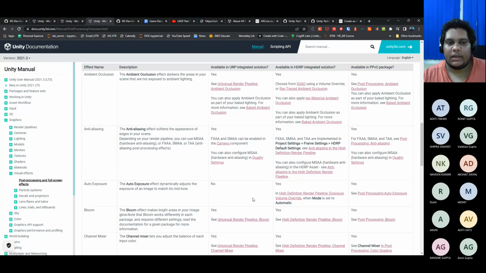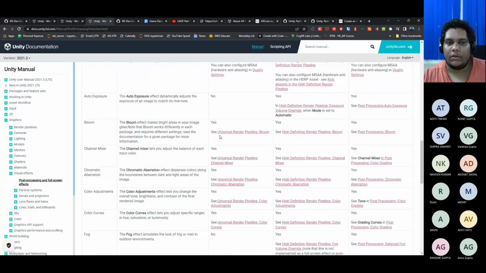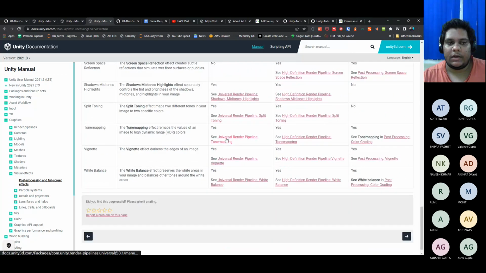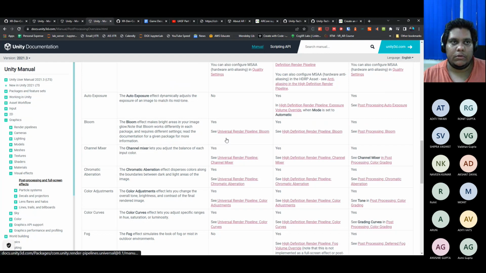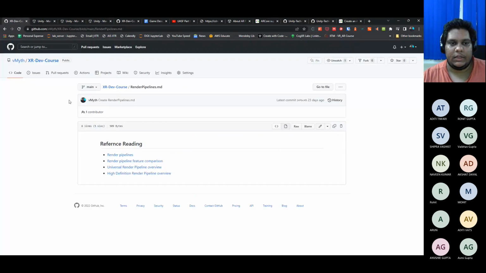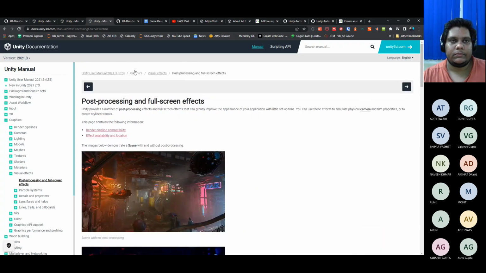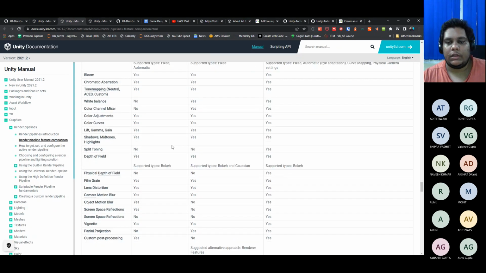Obviously there are different features available in each, which you can go through here. I think I have not added this, I'll add it. So this was about things we missed with respect to the quality of the scene: render pipelines, lighting and post processing.